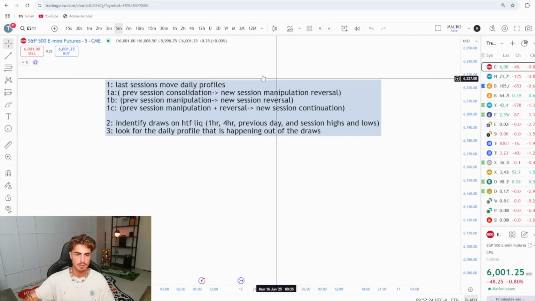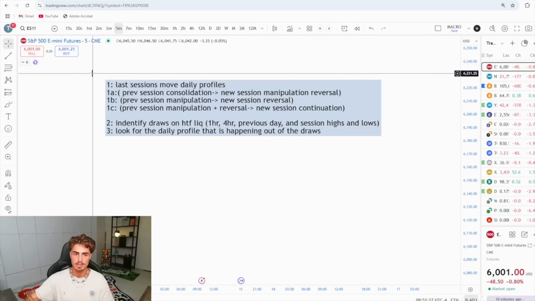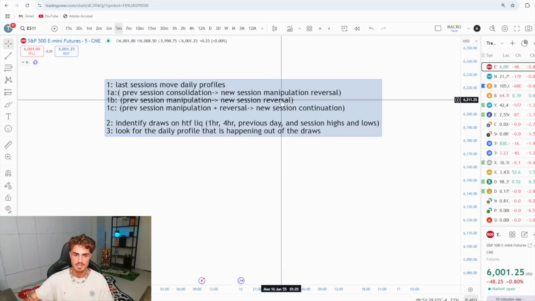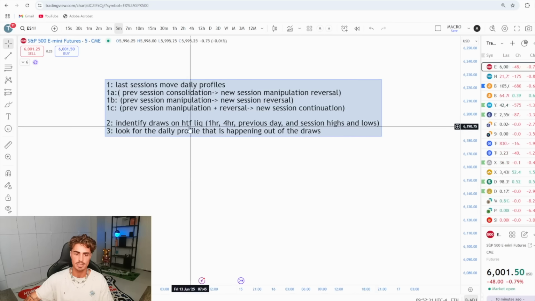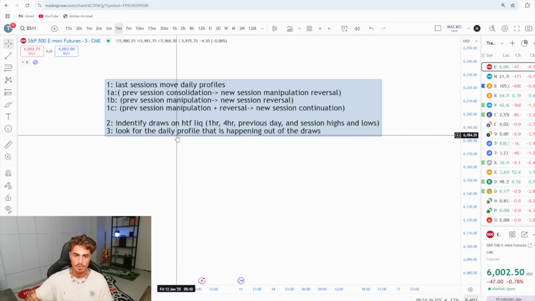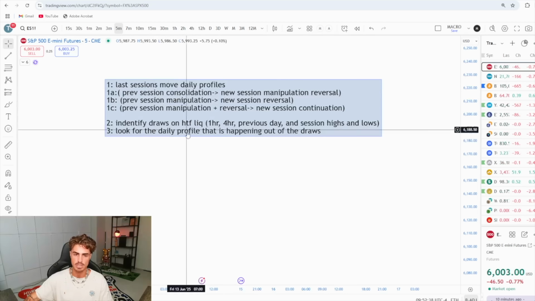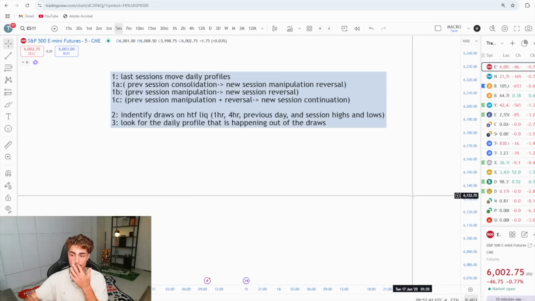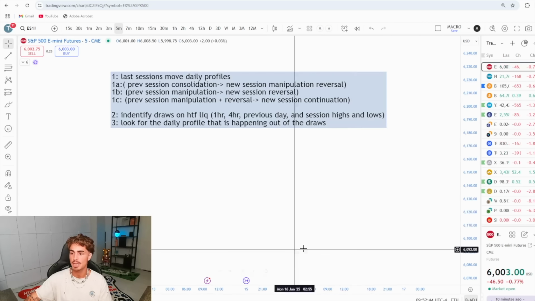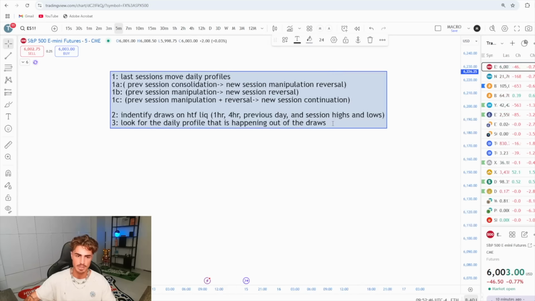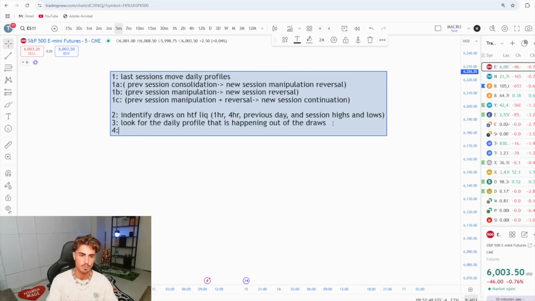So this is literally all I use to find my daily bias. I look at the daily profile, I look at the previous session, I identify my high time frame draws on liquidity, and then from there, I'm looking at what daily profile happens out of these draws on liquidity. And then from there, all I do is target the draws on liquidity in the other direction. So I guess the last thing that we can say in terms of daily bias would be target the draws in the other direction. Because obviously,